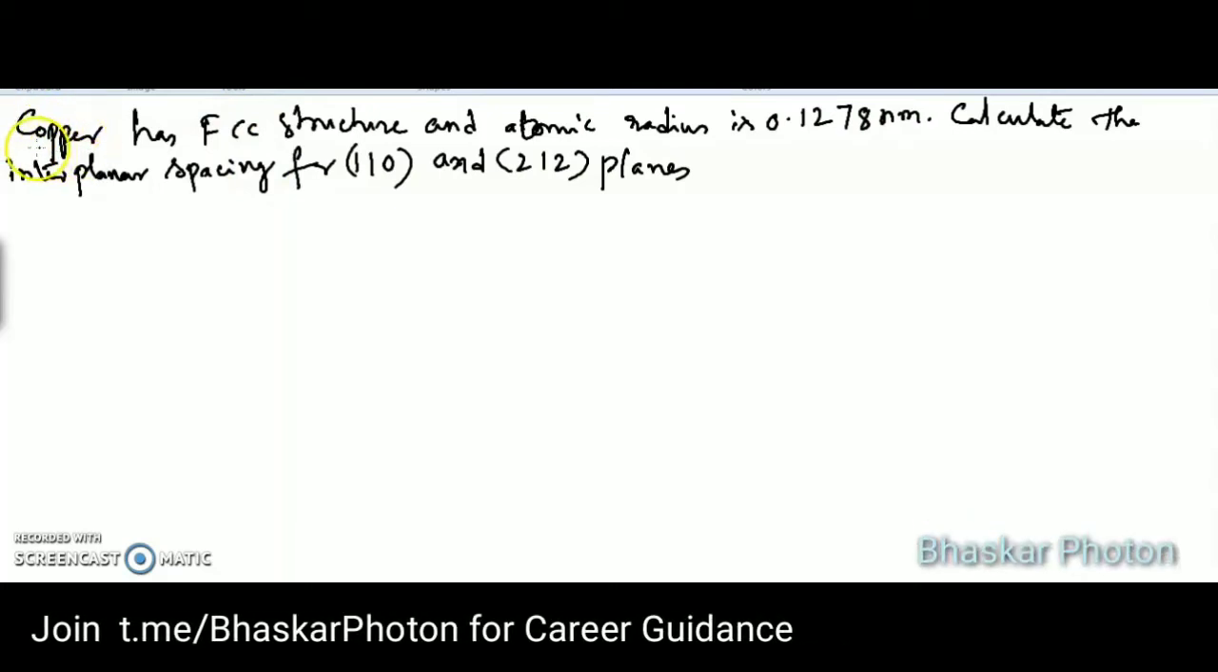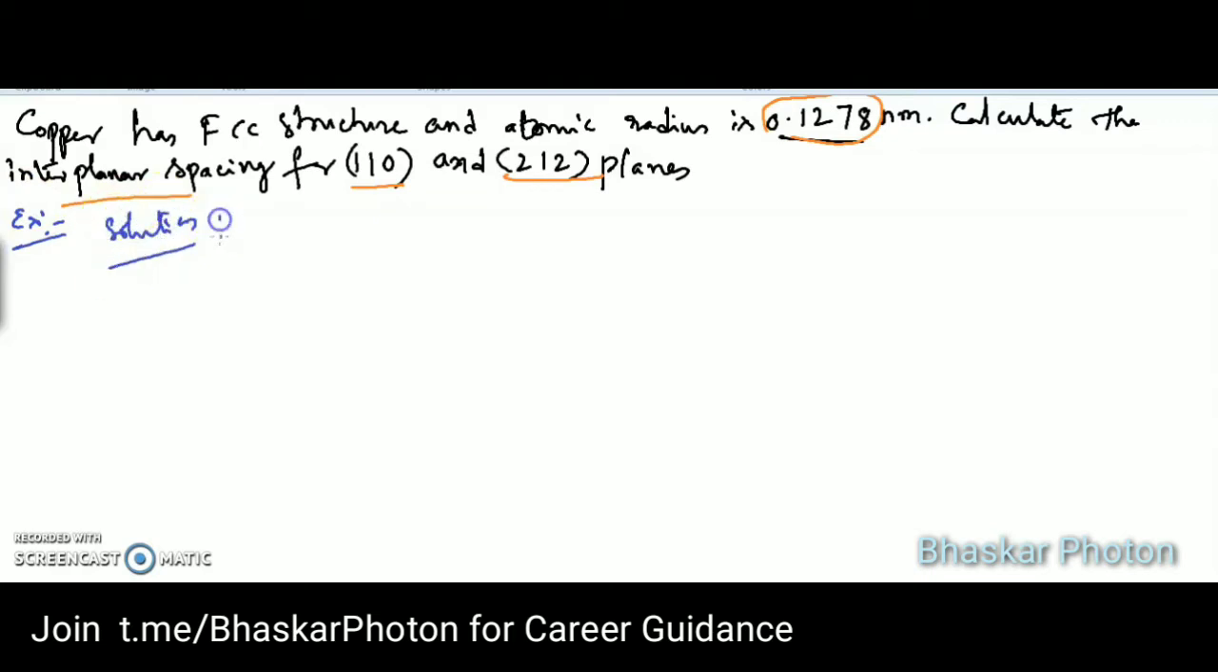So this is the problem. Copper has an FCC structure and atomic radius 0.1278 nanometers. We need to calculate the interplanar spacing for 110 and 212 planes. So for this, the solution is,